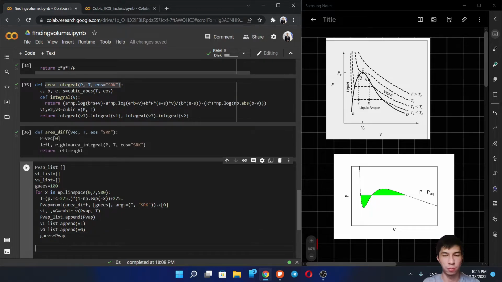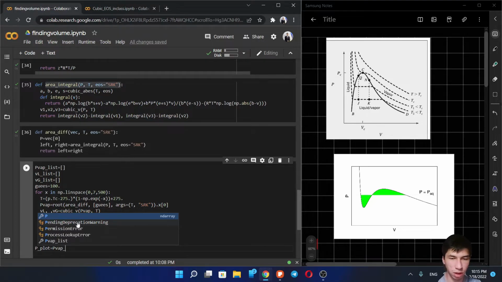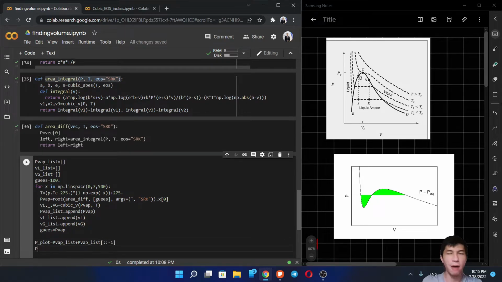And outside of the loop, let's have our pressure for plotting purposes. That's going to be on our y-axis. Okay, it's going to be P vapor list plus P vapor list, the last element. And for our x-axis, specific volume, we're going to have V for plotting purposes: liquid volume list plus gas volume list, the last element. Okay,